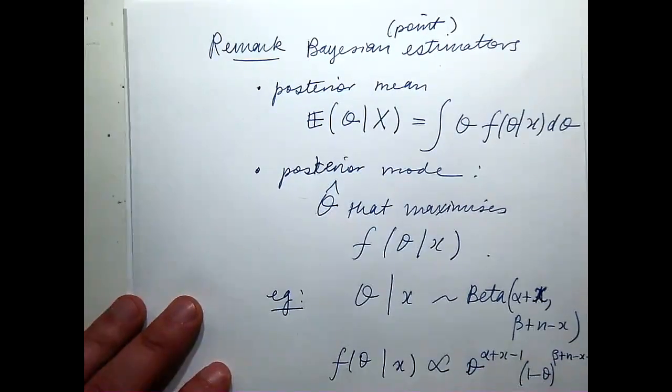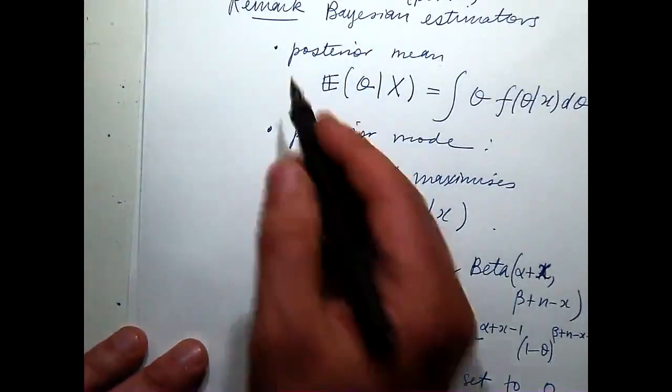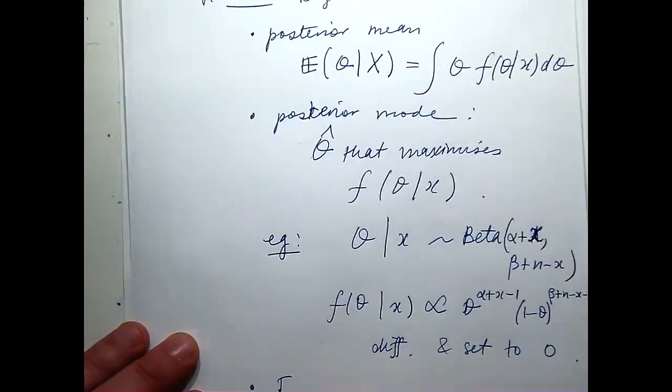And I want to differentiate that and set it to 0. That will find that. Okay, maybe I won't go through it here. That's a good exercise. So for a function t of theta, sometimes you might not be able to do just theta. The best estimator, point estimator, just for practical terms,